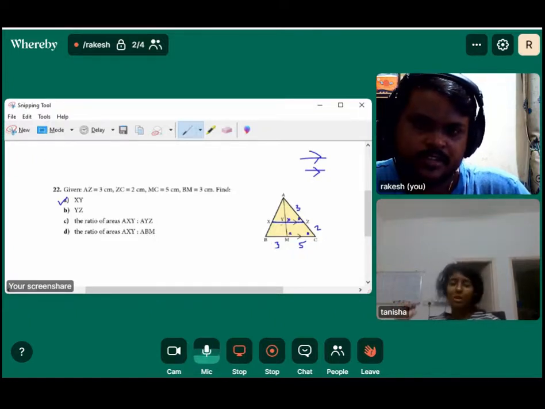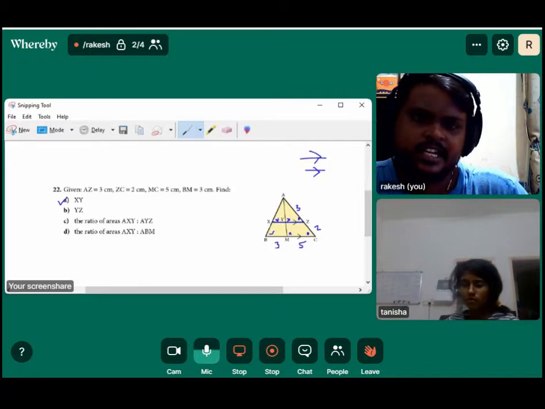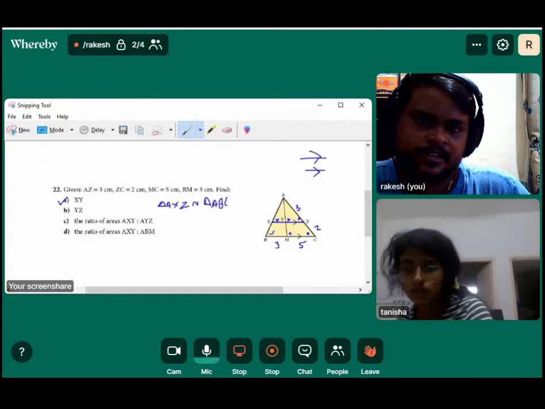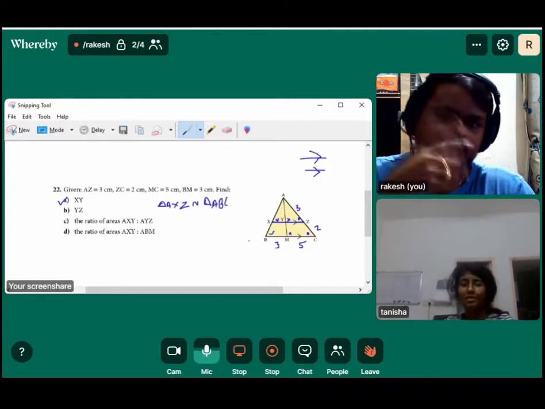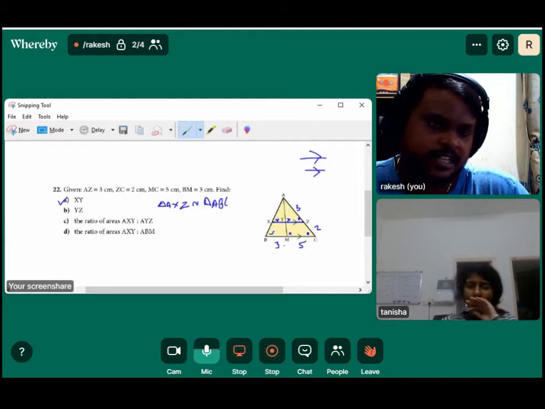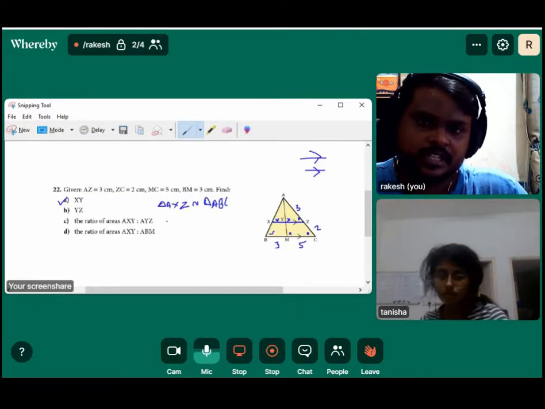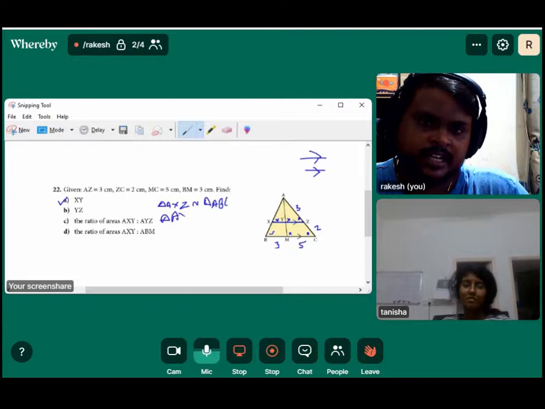It means all these triangles are basically similar. Which triangles? Triangle AXZ is similar to triangle ABC. If you take any such triangle, because minimum two angles are equal, the triangles are similar. So AXZ is similar to ABC, and triangle AXY is similar to triangle